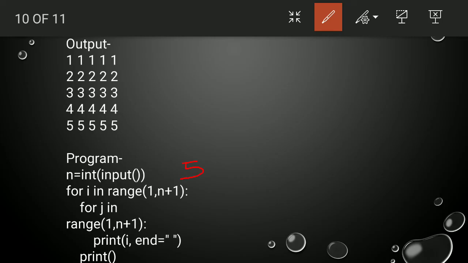For i in range of 1 to n plus 1, i will run from 1 to 5. For j in range of 1 comma n plus 1, j will also run from 1 to 5, and we simply print i.